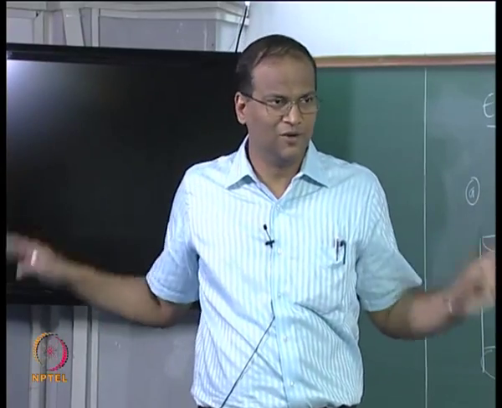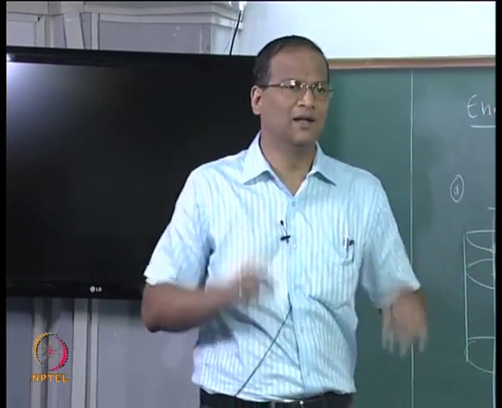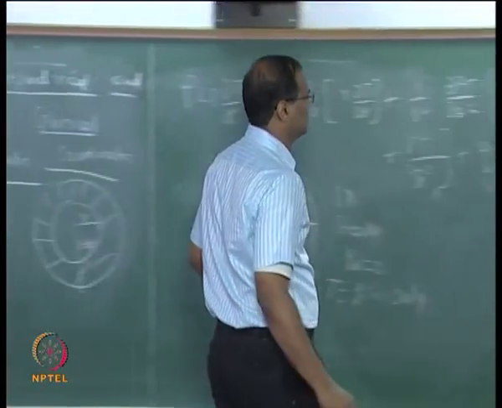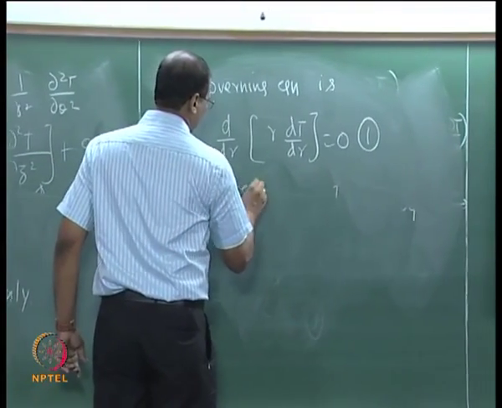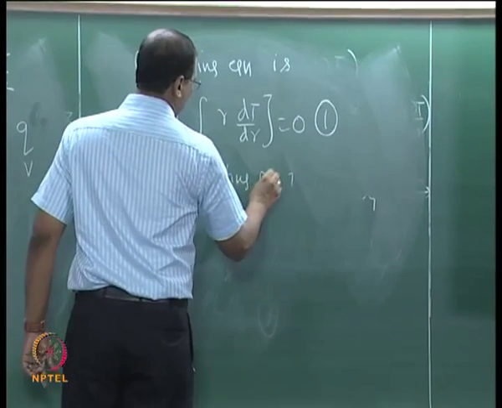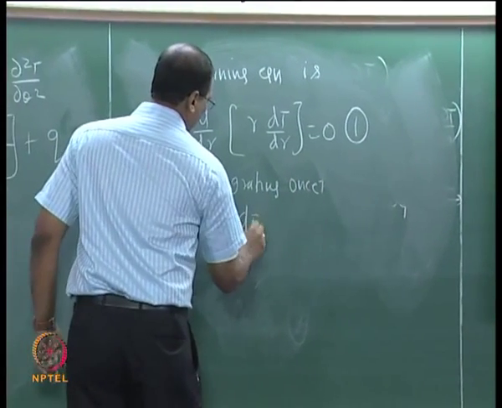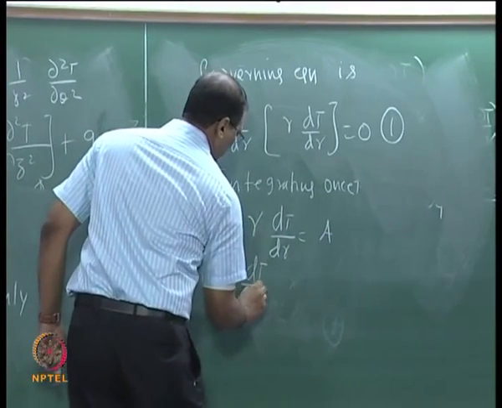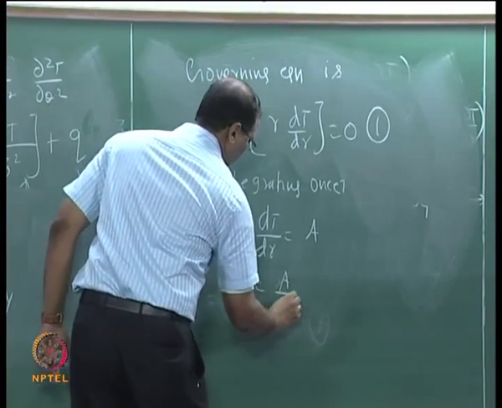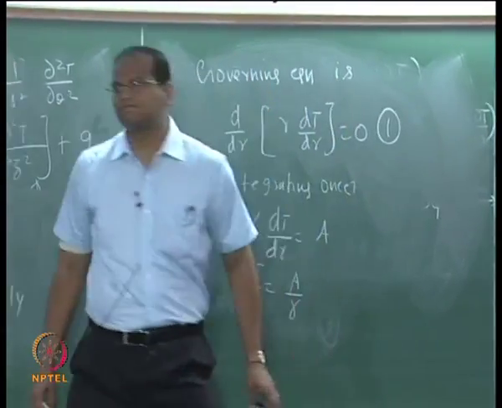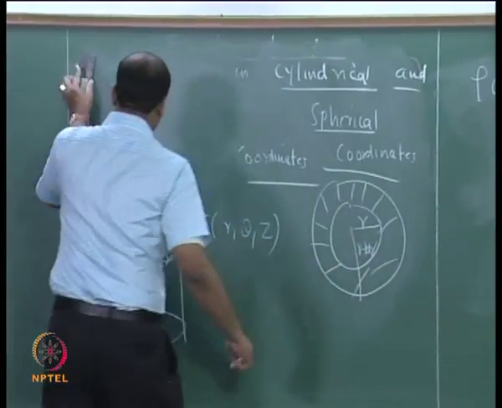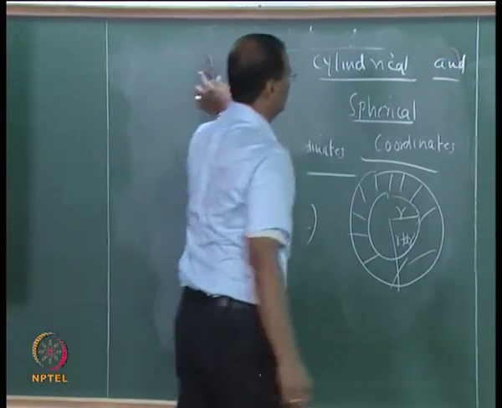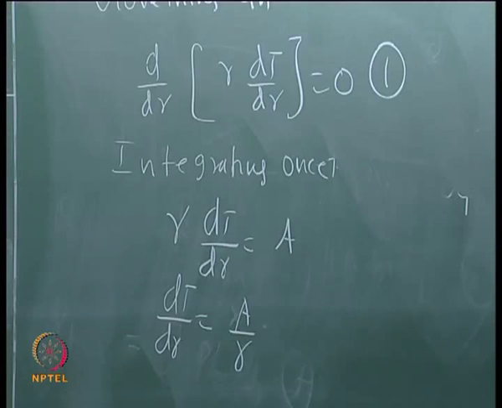Because everything else is 0, dou by dou r can be changed into d by dr. Now integrating once, okay. Now integrating again,